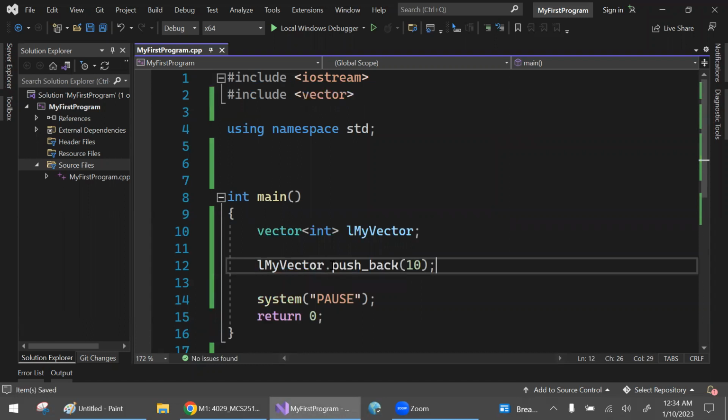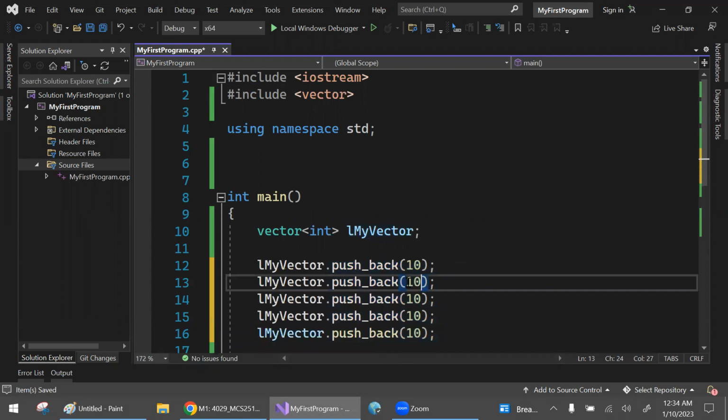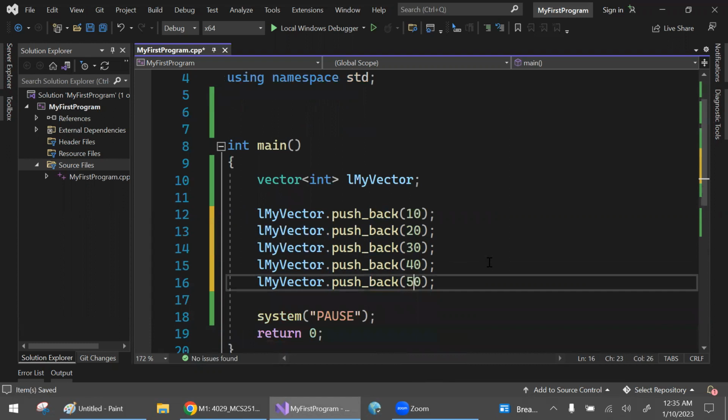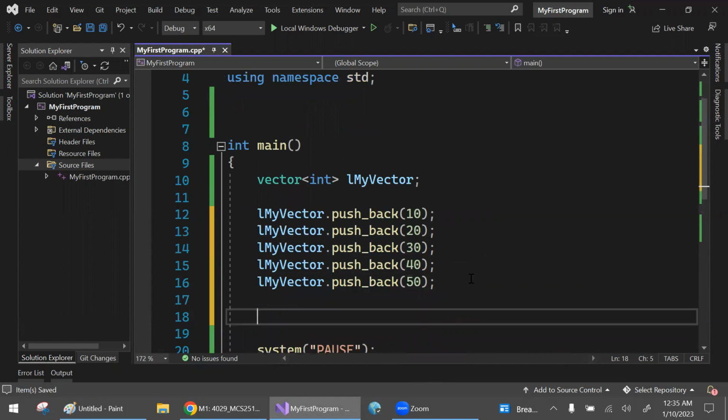Pushback means add at the end of this vector the value 10. At this level, the vector was empty, so now it becomes 10. Then it's gonna add 20 after the 10, 30 after the 20, 40 after the 30, and 50 at the end. Then I can, just like I iterate